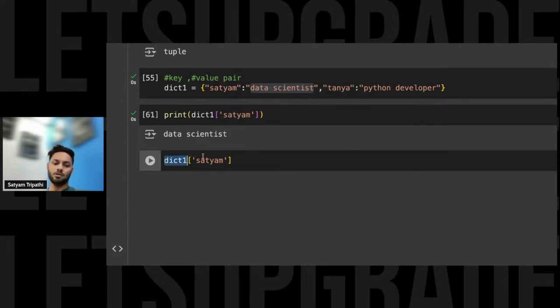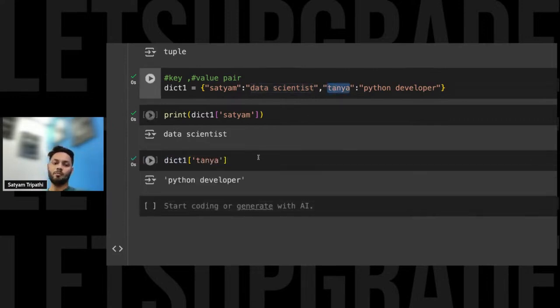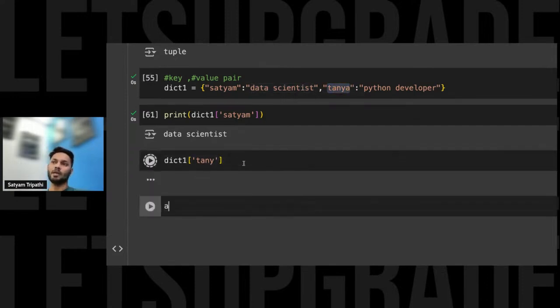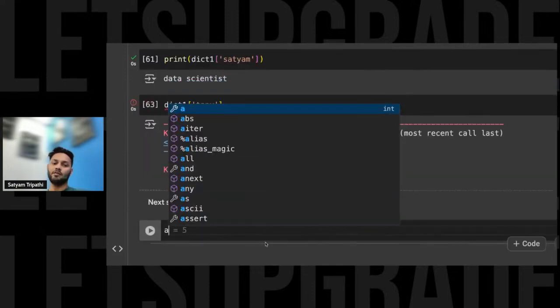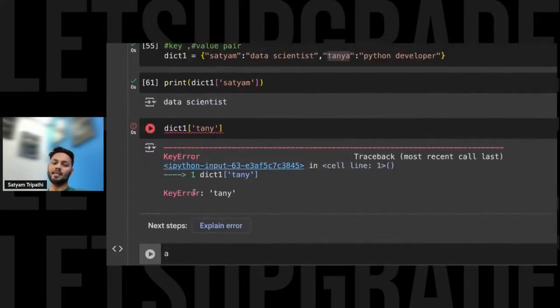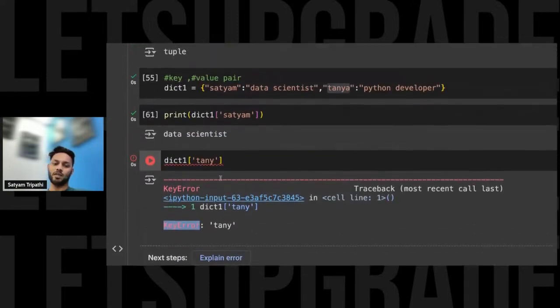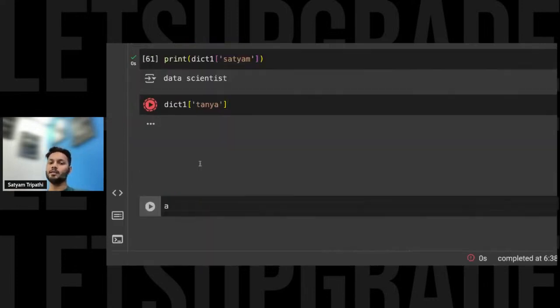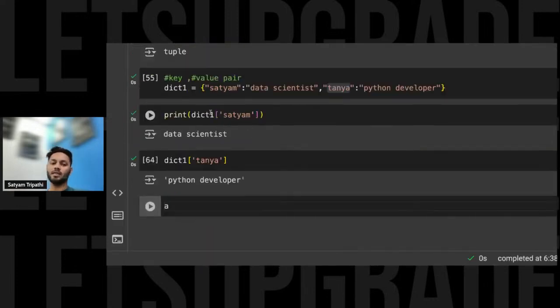So instead of Satyam, we'll write Tanya, the particular key. But what if I remove the a and write Tany, and run it? It will give me an error. It is saying KeyError. That means there is no such key present over here. So you have to make sure that whenever you are calling something, the key value should be